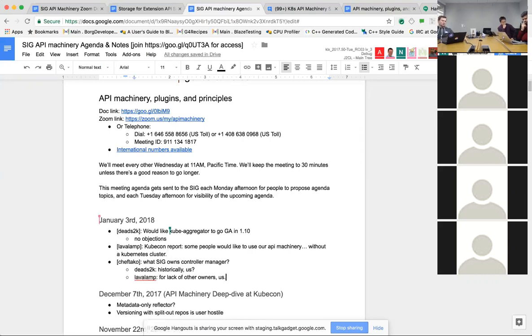It should actually be using the same core library to do a lot of its work. Yeah, I think we haven't owned it, but we've done a lot of work, and I don't see anybody else stepping up, or any other SIG stepping up. I don't even know what other SIG it could logically fall under. So I'm fine with annexing it, and I don't know that it really should fall under our jurisdiction in perpetuity, but at the moment there's stuff that we would like to change there, and I don't know who else is going to do it.